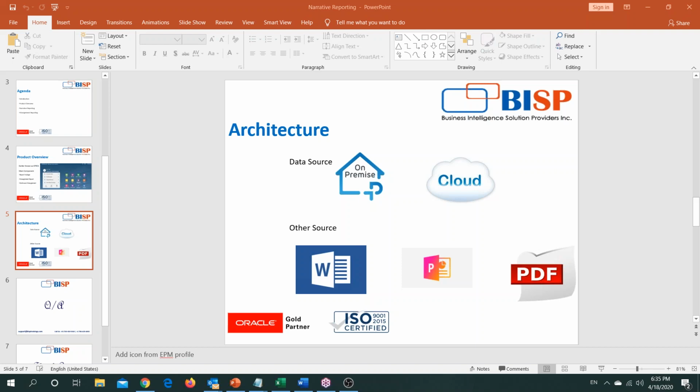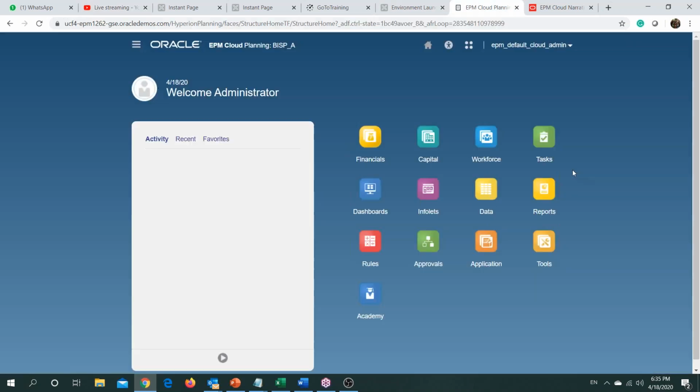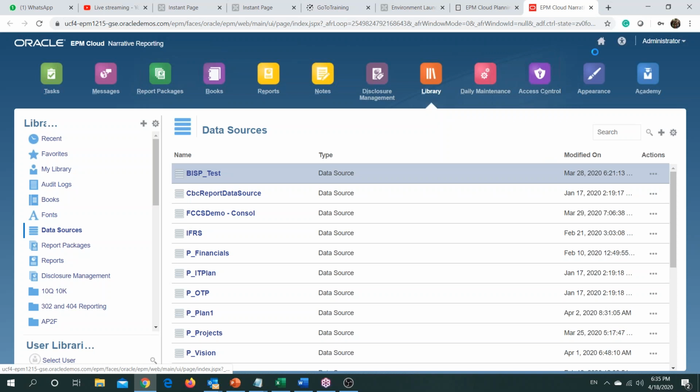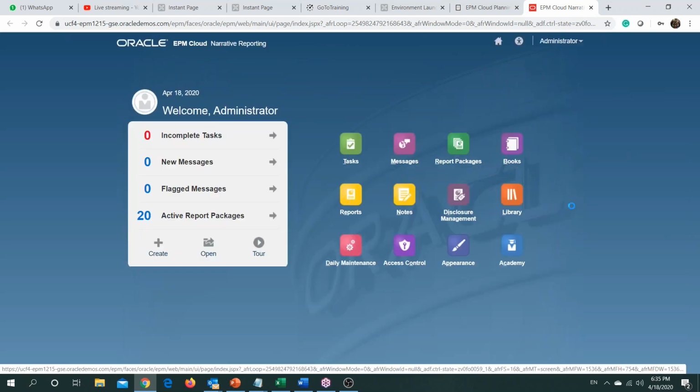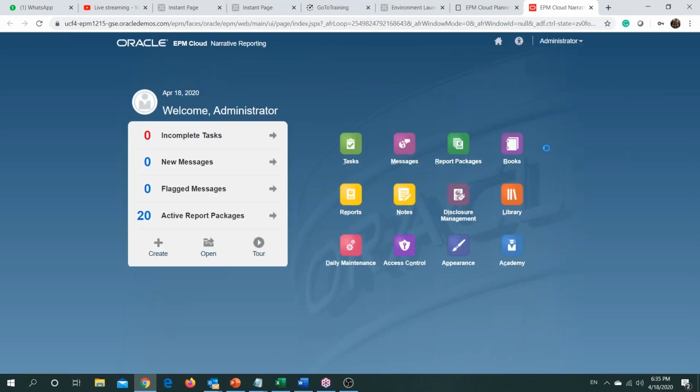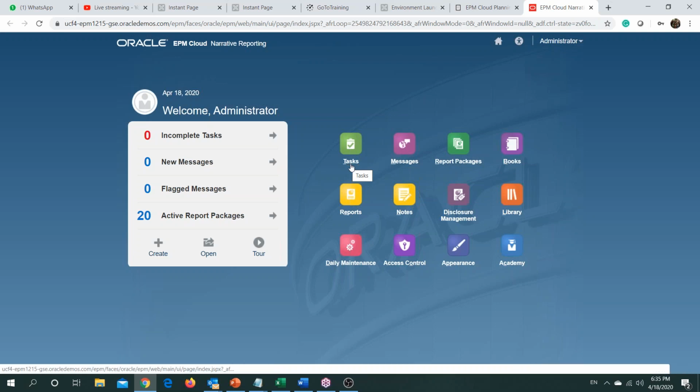Now, let's go directly to our application. How does the application look? So this is the look and feel of the narrative reporting package. We have certain cards in here. We have a task card.